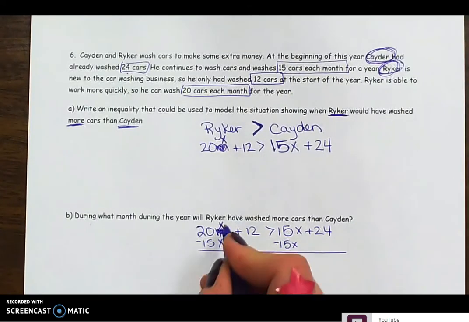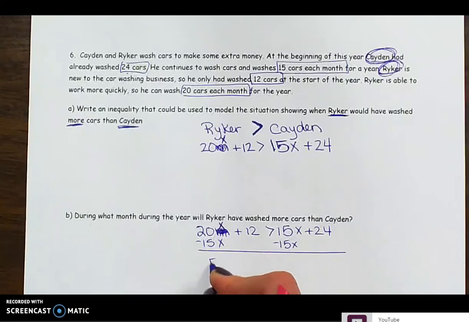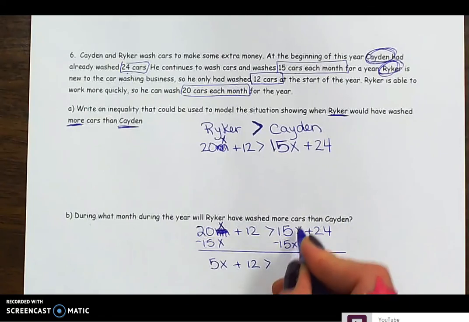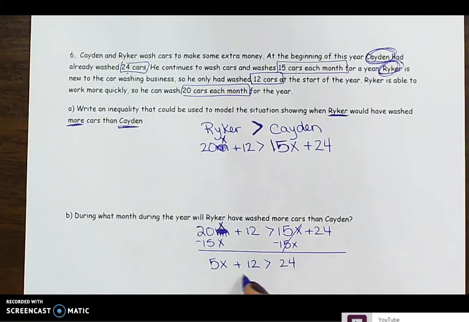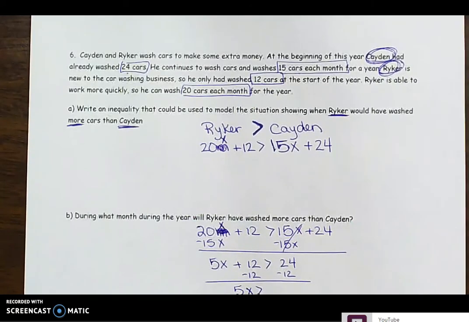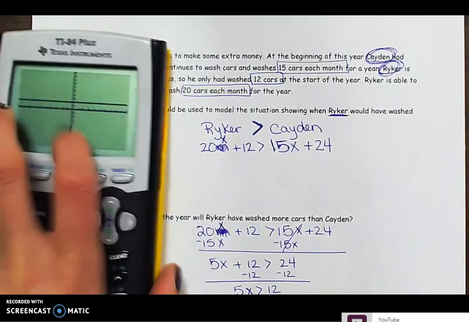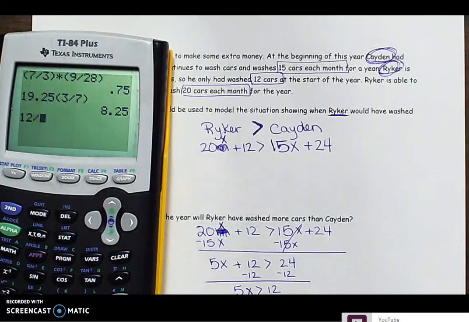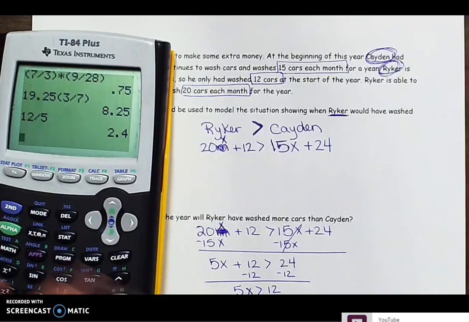So now we can combine our like terms and transpose. So we're going to get 5x plus 12 is greater than, and we have over here the 15's canceled, 24. So now we subtract 12. So 5x has to be greater than 12. So now let's take a look. So 12 divided by 5, and we get 2.4. So x has to be greater than 2.4. So we need to think, well, what